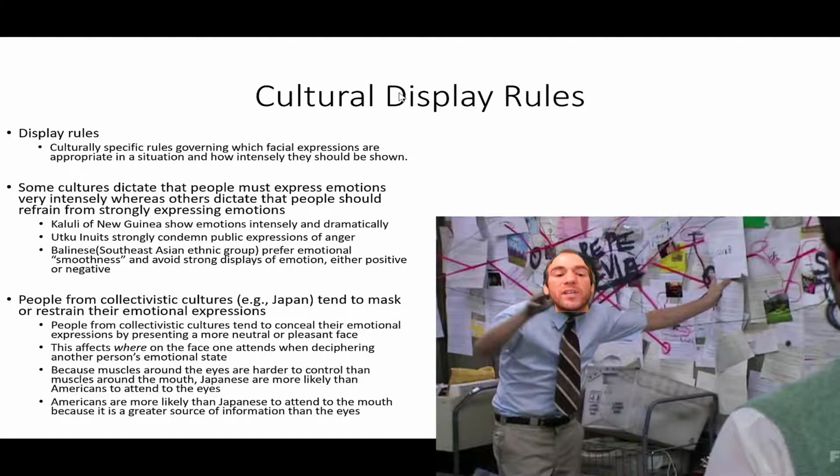This affects where on the face one attends when deciphering another person's emotional state. Because muscles around the eyes are harder to control than muscles around the mouth, Japanese are more likely than Americans to attend to the eyes. Americans are more likely than Japanese to attend to the mouth because it is a greater source of information than the eyes. So as stated, cultures differ,